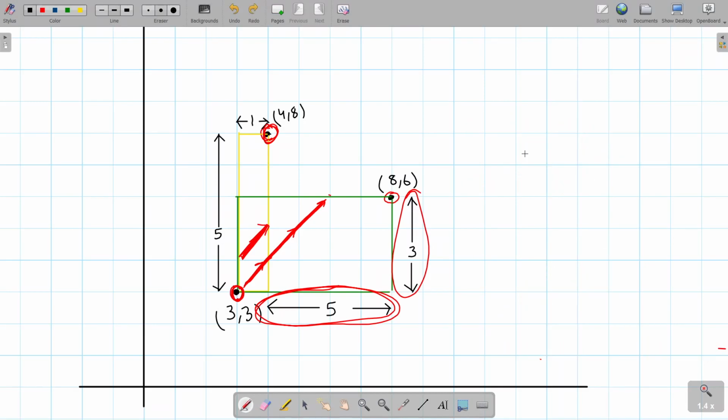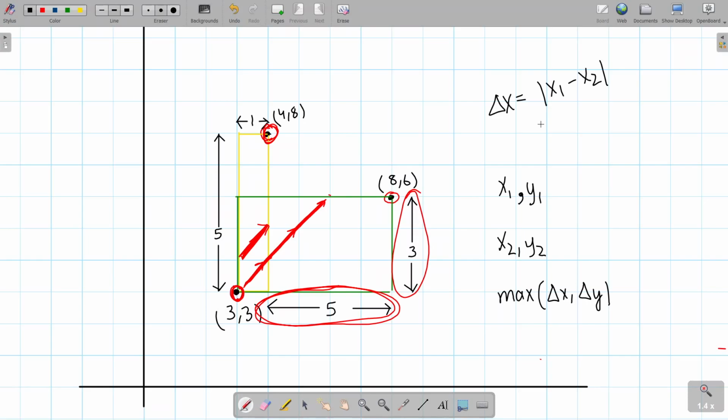So now to just sum up, to reach from a point x1, y1 to x2, y2, minimum number of steps required would be equal to the maximum of the difference between the x or the y coordinate, that is the height or the width. I am writing it using delta x or delta y, where delta x is equal to mod of x1 minus x2 and delta y is equal to mod of y1 minus y2. That is the height or the width which we can consider. So now let's just move to the code of this solution.